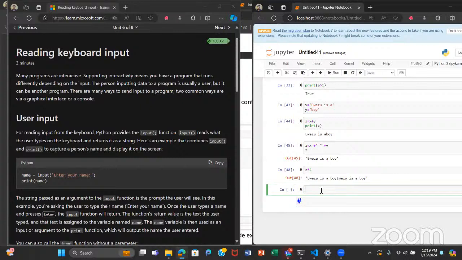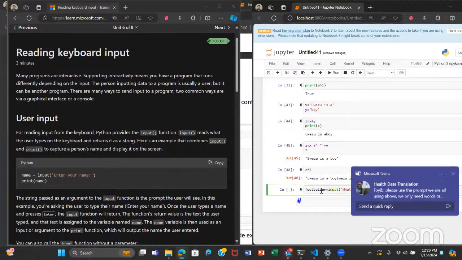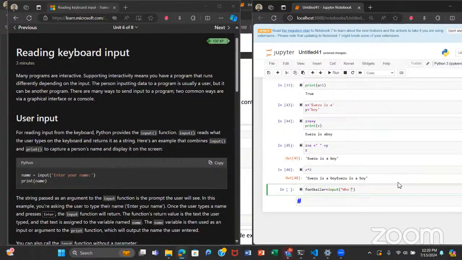So this is how it works. We could create a variable, let's call it inputs. And with input, we write what data we want from the user. So let's say, who is your favorite?